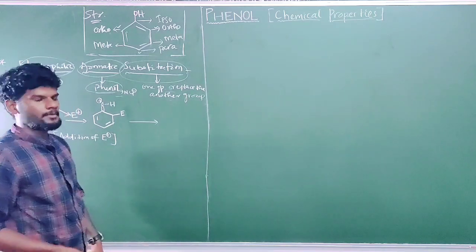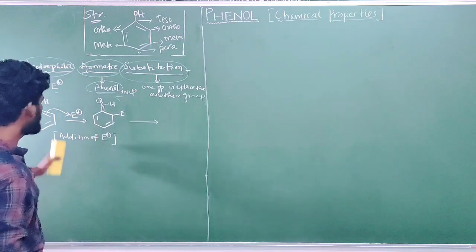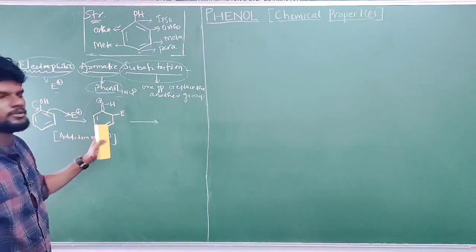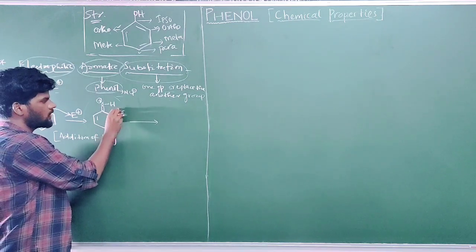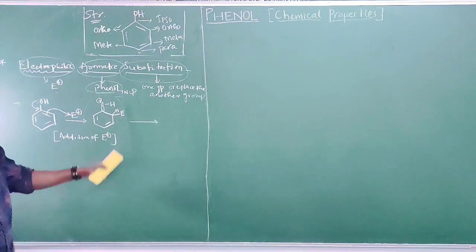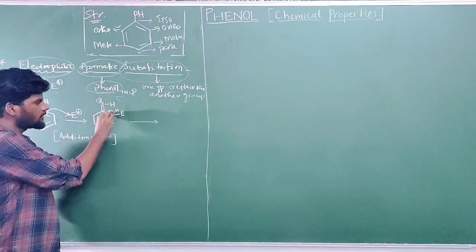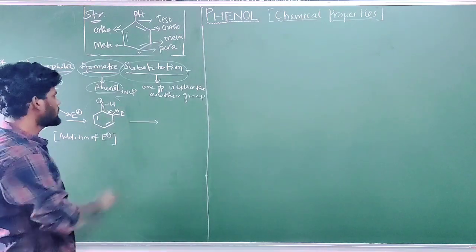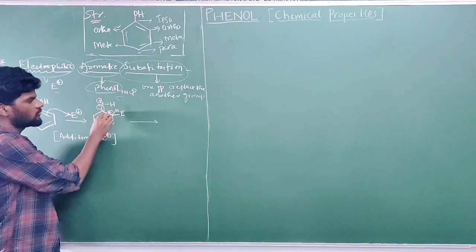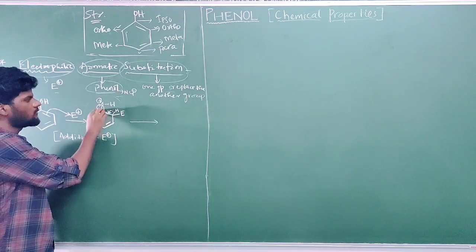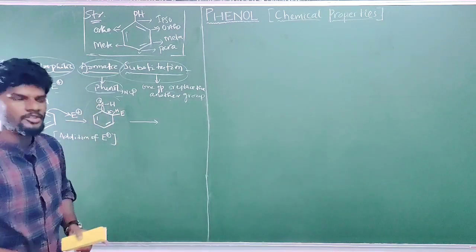In the next step, this compound is not stable, because aromaticity is lost in this molecule. Here one hydrogen is present, yes or no? Carbon is tetravalent, so this hydrogen is removed to restore aromaticity and to stabilize the positive charge over oxygen. Then one of the double bonds moves over to the carbon as a single bond, and one of the bonds moves over to oxygen and makes the oxygen atom neutral.